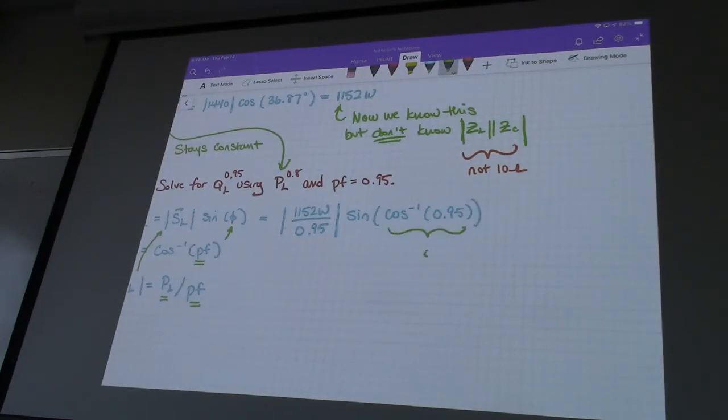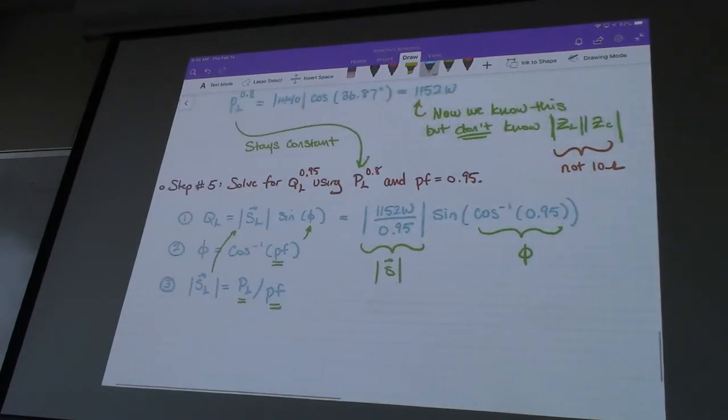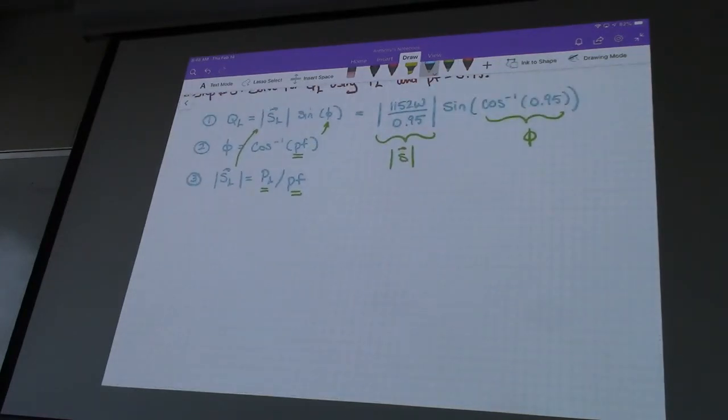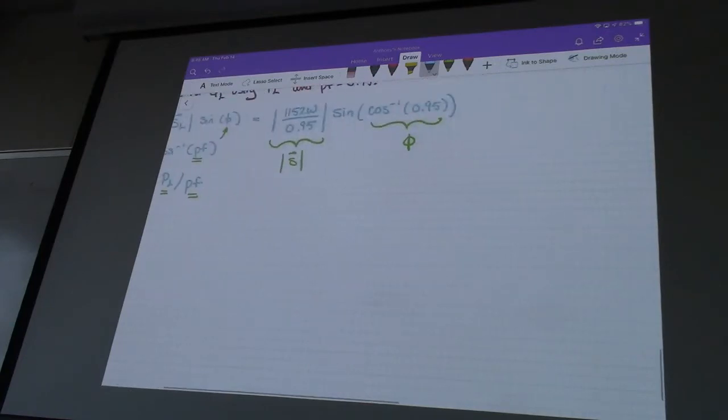This is our power factor angle. This is the magnitude of our apparent power. And so the value that I got for the new QL, and I calculated it as Q net,